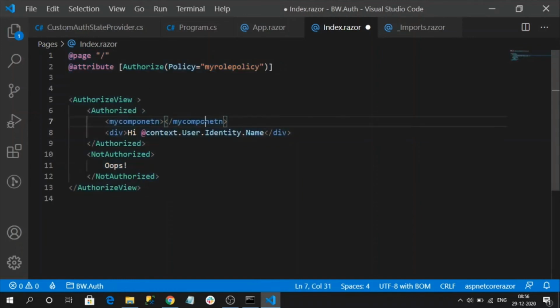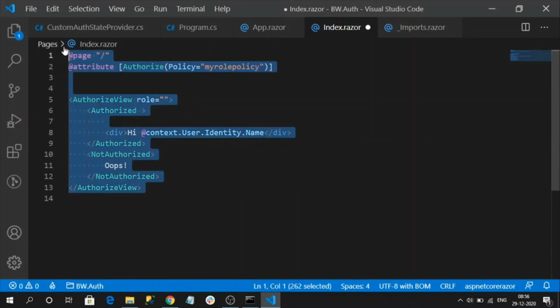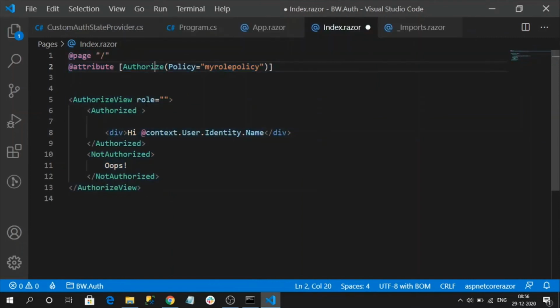It won't protect authentication inside of this component. In that case, we need to use the authorized view kind of authorization. This authorized attribute only works for the Blazor component where it has been initialized. That's all about role-based authorization.